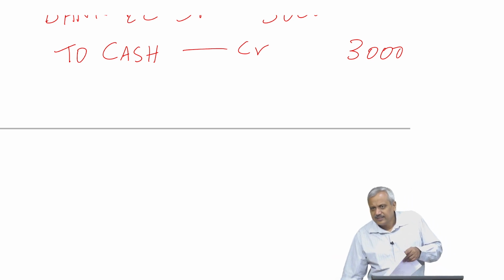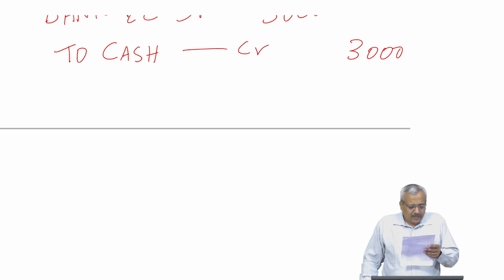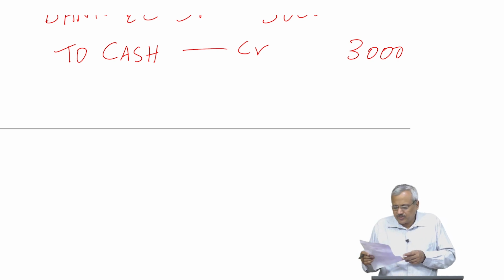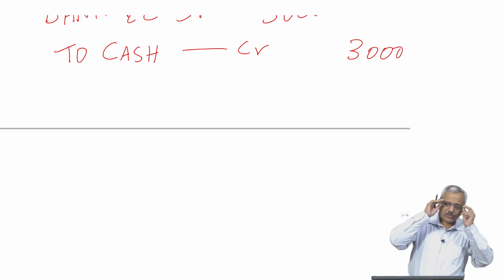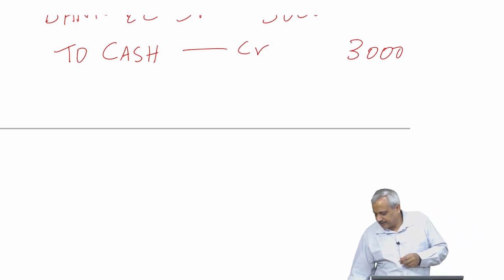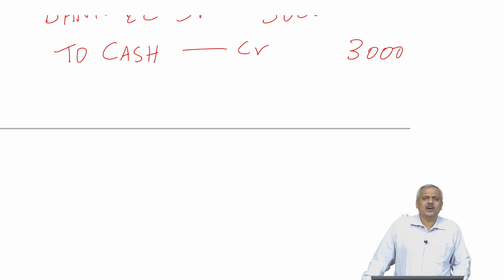If I have to see the third transaction out here: bought goods from E-engineer. I have just arbitrarily given an amount out there, rupees 2,000. You can add multiple zeros to it. When you have bought goods from E-engineer, normally in accounting, I have already indicated to you guys that